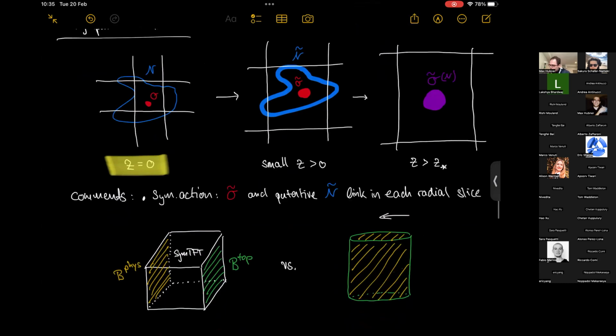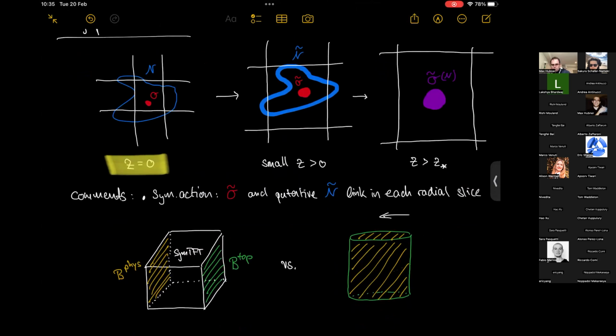So let me first make some comments though. So this goes back to Andreas' question. So first of all, what's the symmetry action? O tilde and putative N tilde. So these link for every value of Z. And okay, they link for every value of Z. And the reason that this is not in contradiction to the SymTFT expectation one might have, where charged operators extend by one additional dimension and charge operators just pull off in a dimension preserving way, is